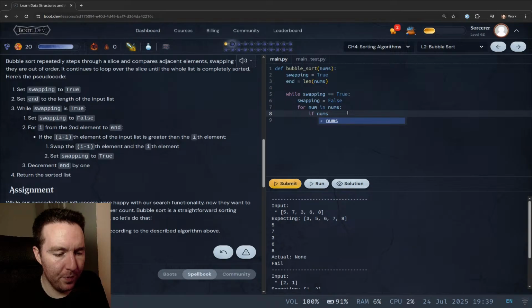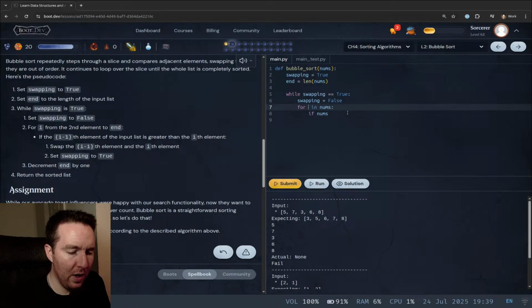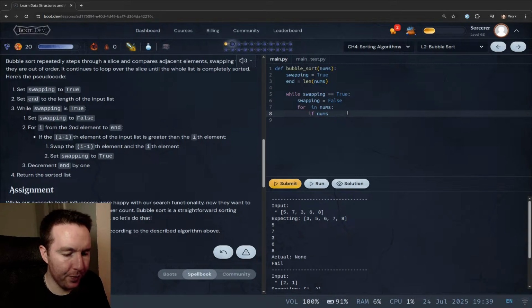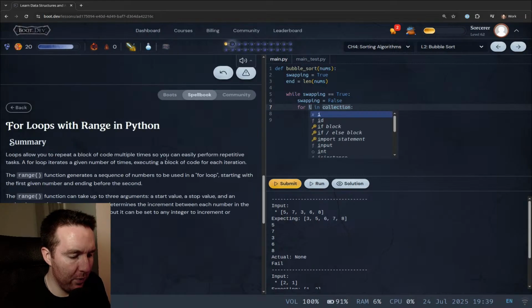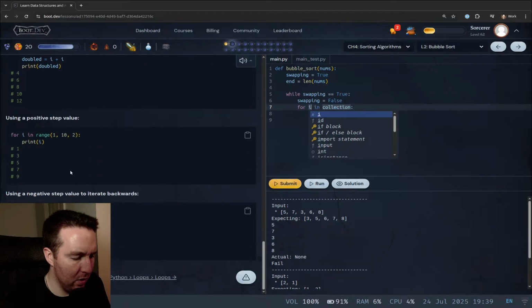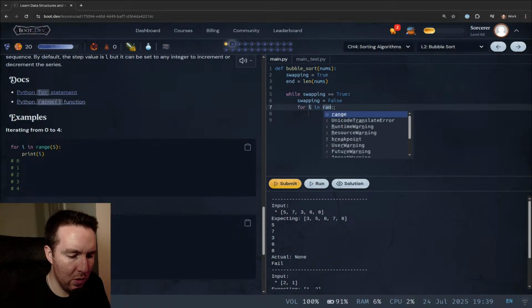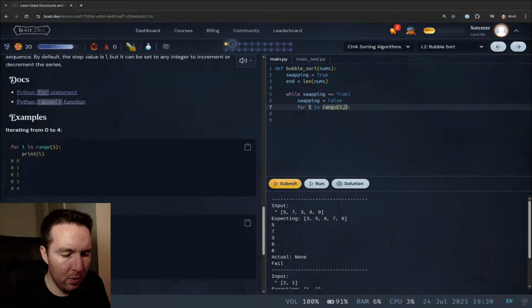nums, suppose I need the... hold on, let me do this again. I do need this, it should count. So for... what's the syntax again for the for? So we do 1 and then length. Hold on, we do n like that, and then we basically go